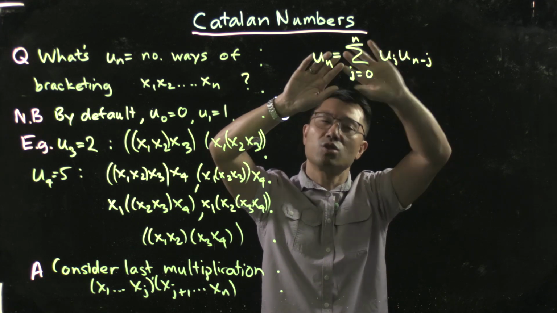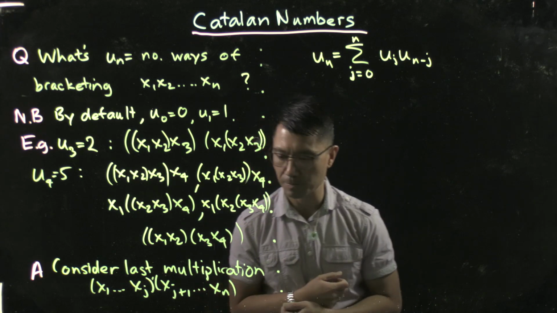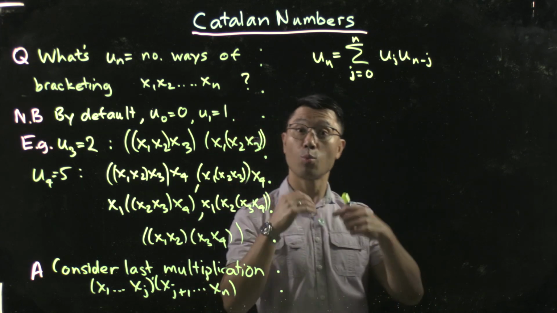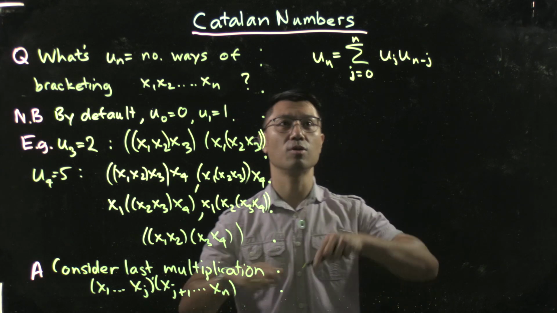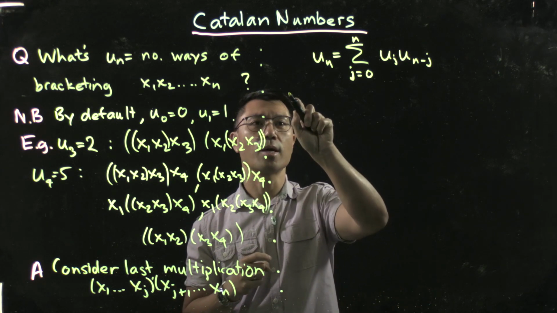So it's going to tell you in terms of previous things. So it's a recurrence relation. And the best way to work with recurrence relations, of course, is to use generating functions. So that's what we'll do. So what we'll do now is we're going to let u(x)